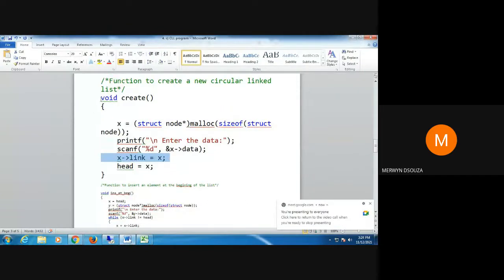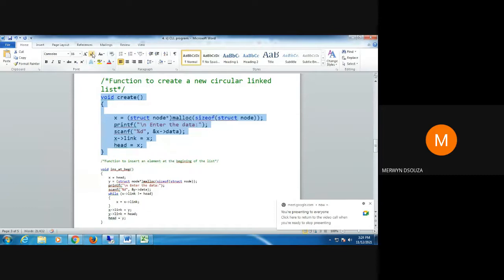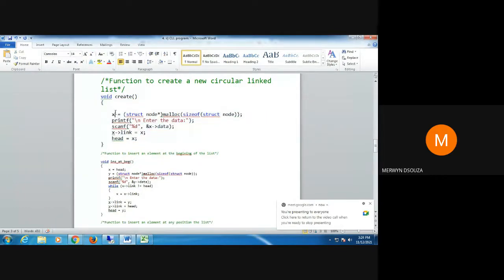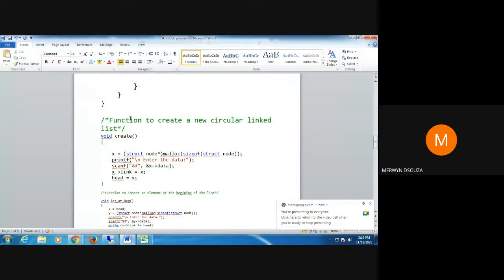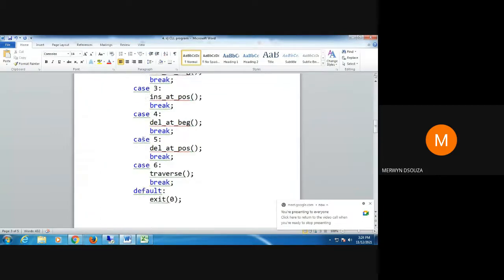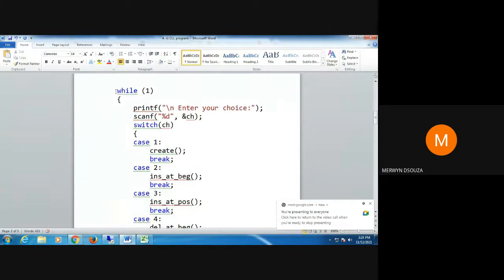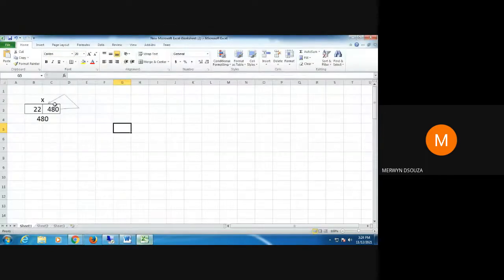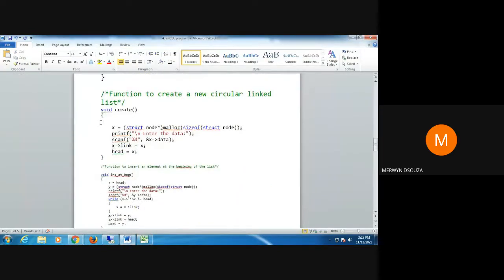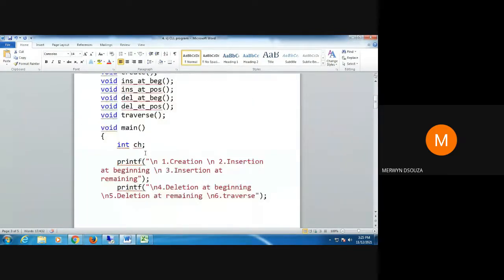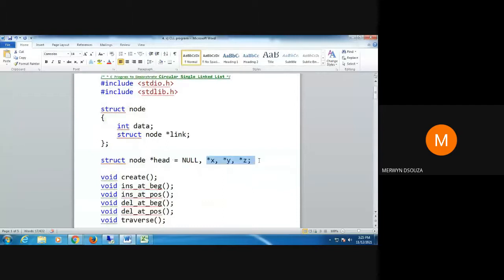So this is the create function, like in your singly linked list and doubly linked list, used to create the first node. Whenever you are creating your linked list for the very first time, you actually need to call this function first. Otherwise, you may get some kind of error. Now once you do the create function, if you exit the create function, what will happen? If you exit the create function, x, although it's a global variable, like I told you previously, I'm not going to use x to be pointing to the first node.